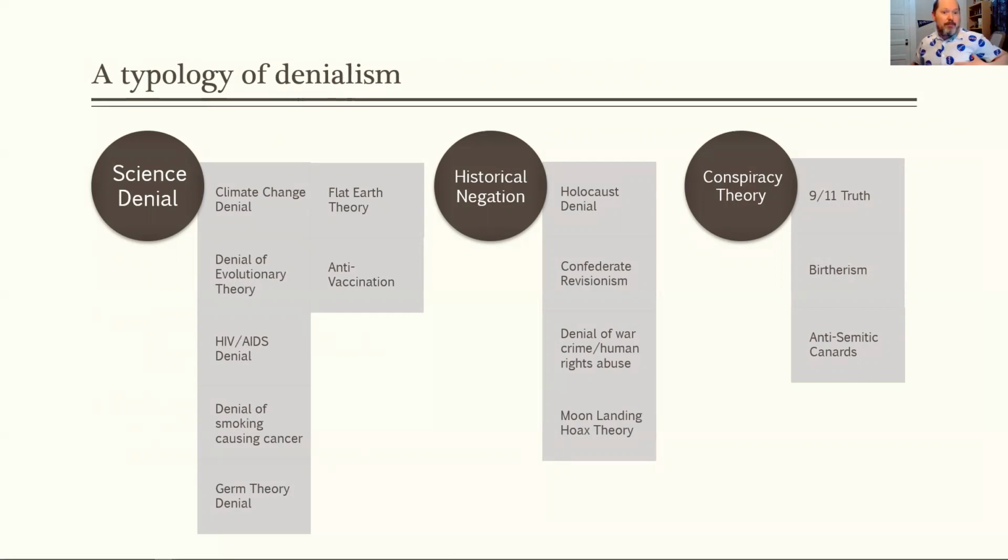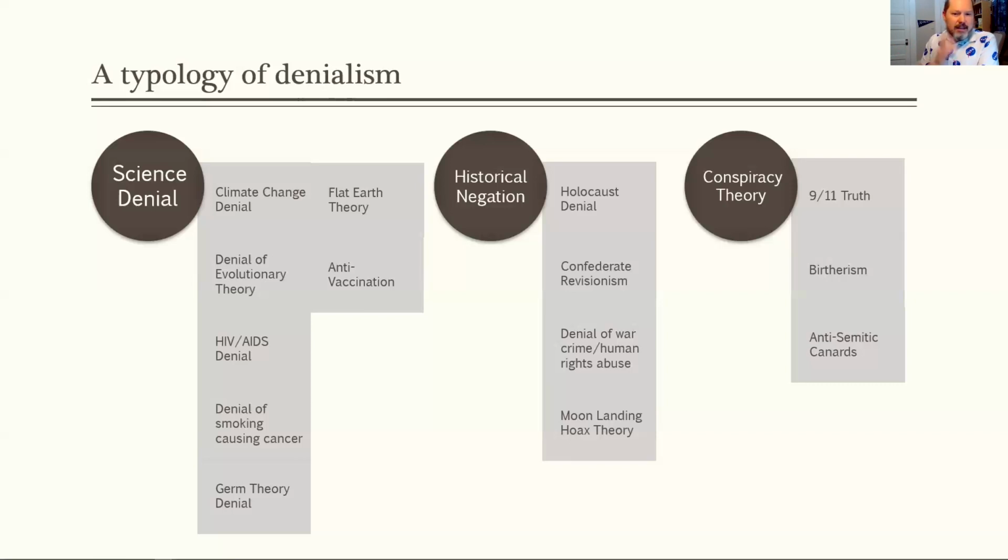So there have been, for example, Holocaust deniers. This is an example of historical negation. There have been Holocaust deniers who take people to court and sue them for calling them denialists. In this case, the Holocaust denier lost that case, and they basically proved in a court of law multiple times that the Holocaust did happen as historical consensus says it happened. A historical negation is different than science denial.